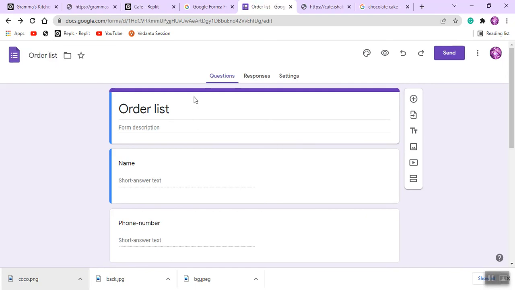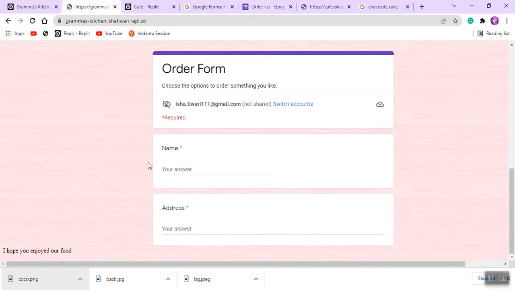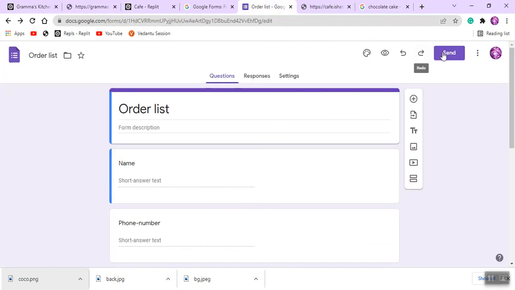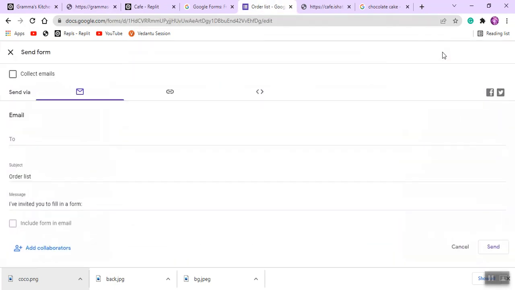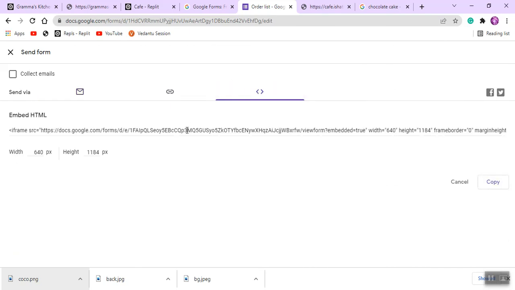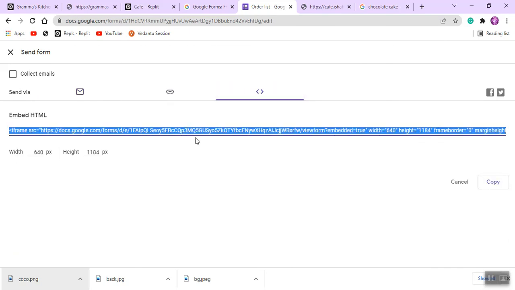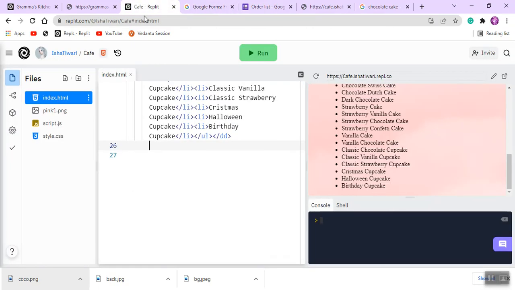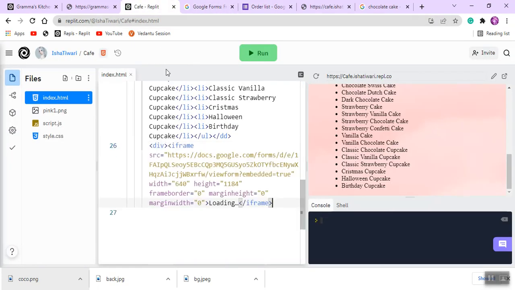So to integrate it here, what we're going to do is click on send, and then we have this option that's embed. In the embed, you're going to click, and then copy the whole code. And now this is very simple. Just open a division tag in there and paste it. That's it. Then close the division tag, like so. Now if you click on run,